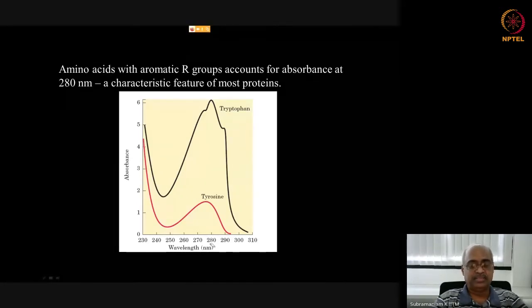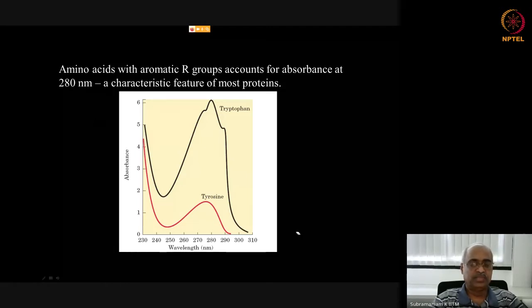And this characteristic absorbance comes from the presence of aromatic rings, like for example tyrosine and tryptophan. So this is an indole ring, and this is a phenol group, benzene with the hydroxyl group. So presence of these two amino acids give rise to this 280 nanometer characteristic absorbance maximum for proteins, and this is often used to measure